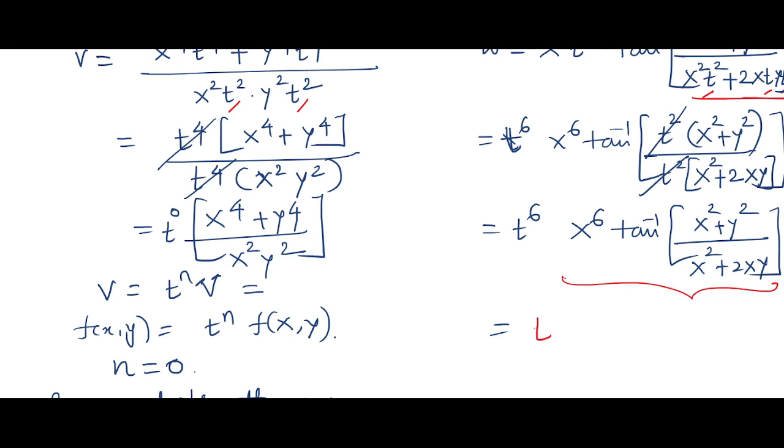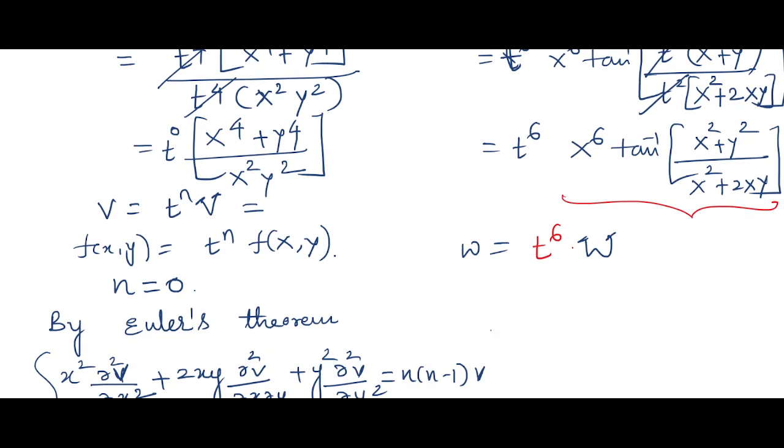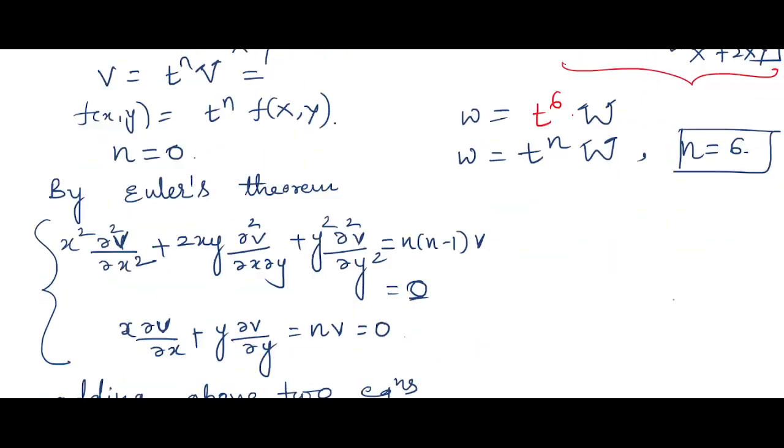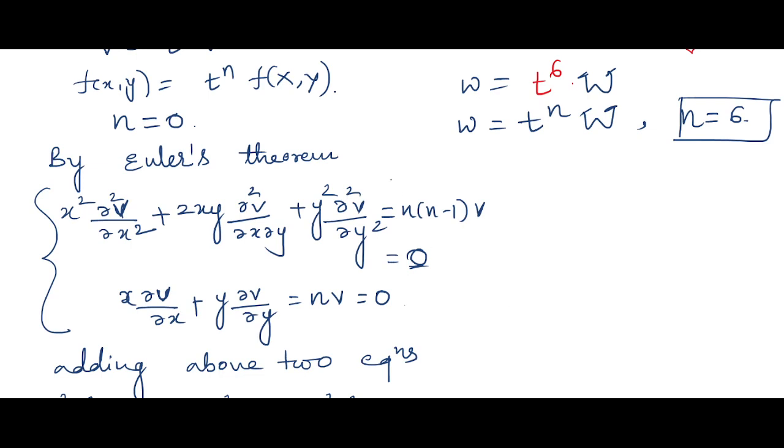So we'll keep t⁶ as it is. Here it is capital W. Small w is equal to capital W, which means again it is in the form of w is equal to tⁿ into capital W. Therefore, w is a homogeneous function with degree n equal to 6. So by using Euler's theorem here we can use Euler's theorem